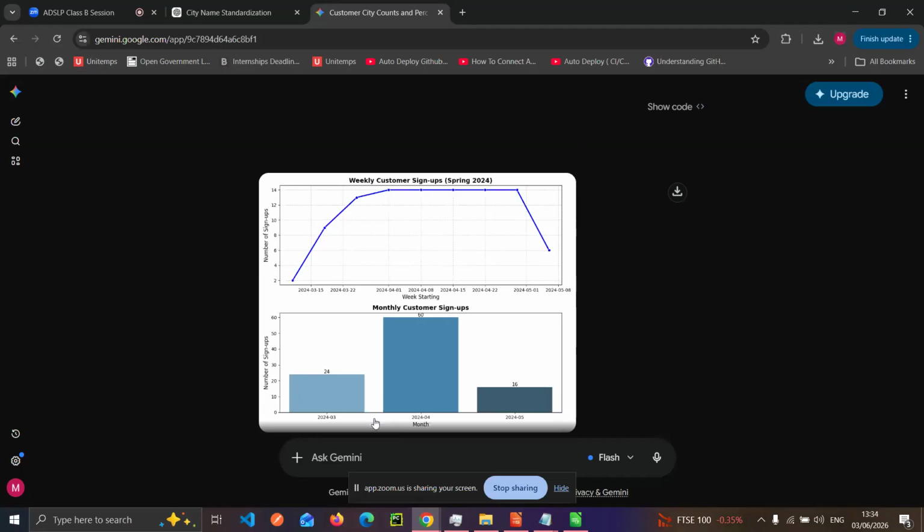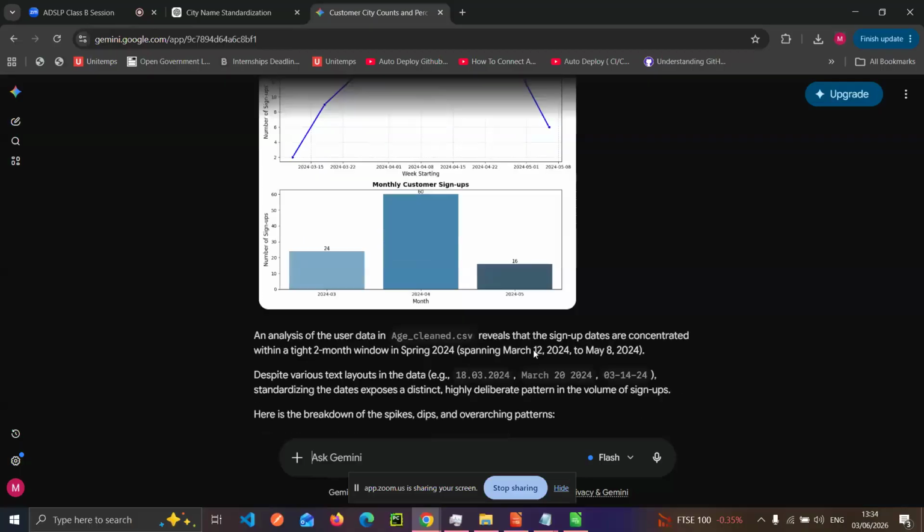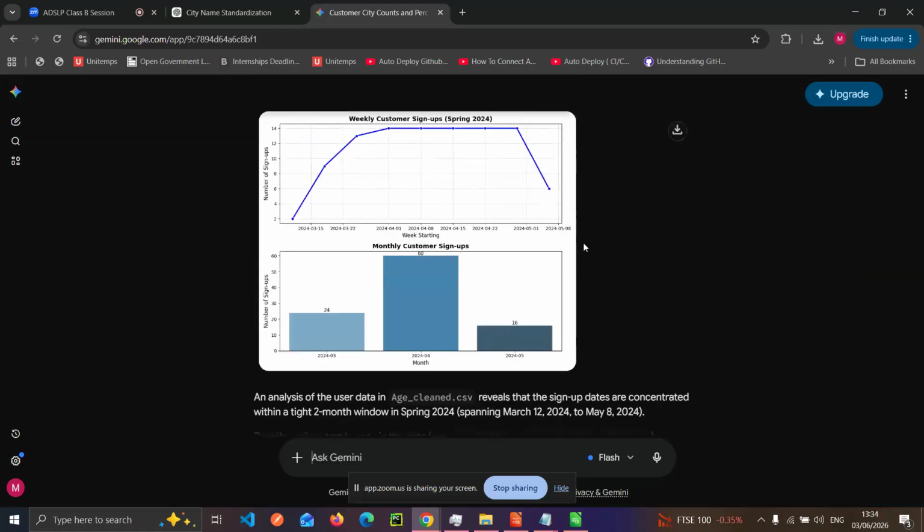And you could see here that in the month of March, we had 24, in the month of April, we had 60, and the month of, which month is this? Let's see. May, yes. In the month of May, we had 16. And just looking at this, we could quickly identify which month had the highest and which month had the lowest in terms of number of signups. So visualizations also help, as we saw earlier, in demystifying how we understand or view the data.